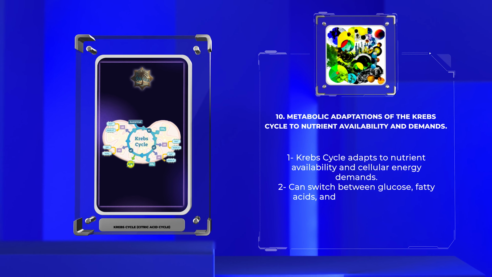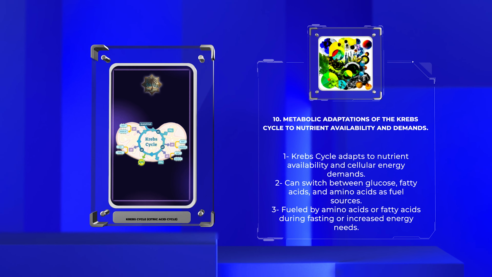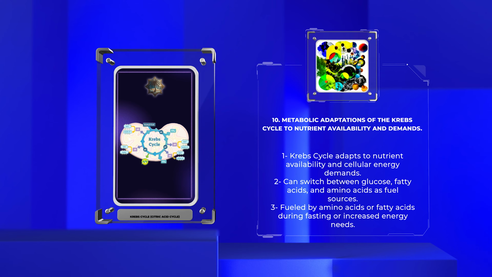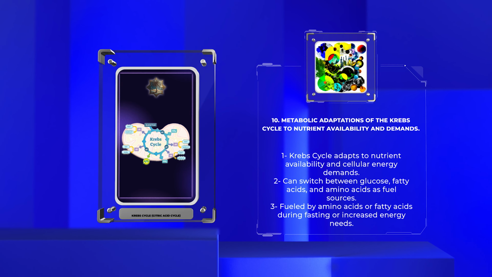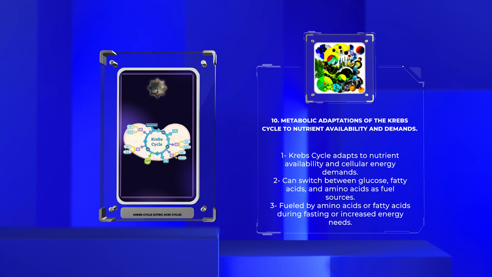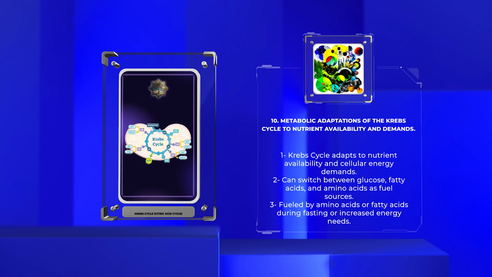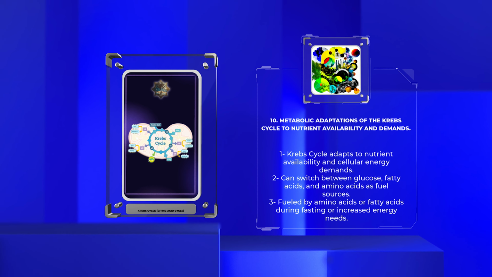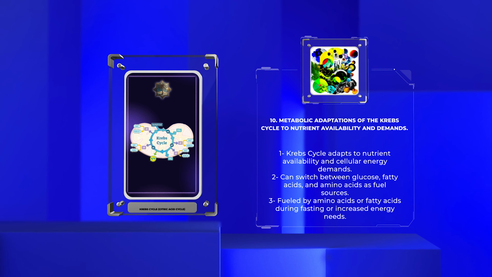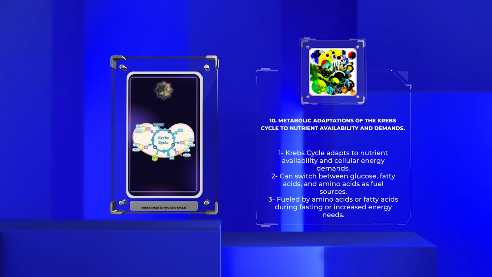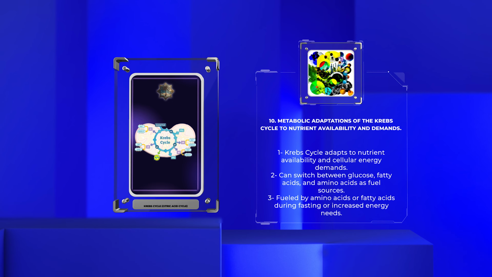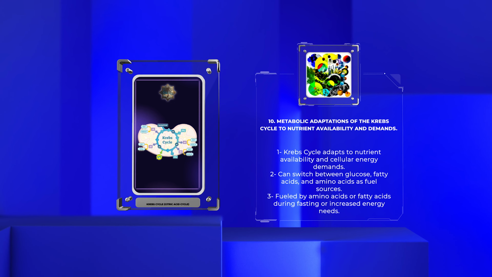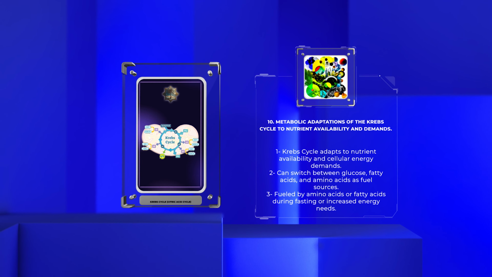The Krebs cycle exhibits remarkable adaptability in response to nutrient availability and the energy demands of the cell. It can efficiently switch between different fuel sources, such as glucose, fatty acids, and amino acids, depending on their availability. During periods of fasting or increased energy needs, the cycle can be fueled by amino acids or fatty acids, while in the fed state, glucose becomes the primary substrate. This metabolic flexibility allows the Krebs cycle to coordinate with other metabolic pathways, ensuring the energy demands of the cell